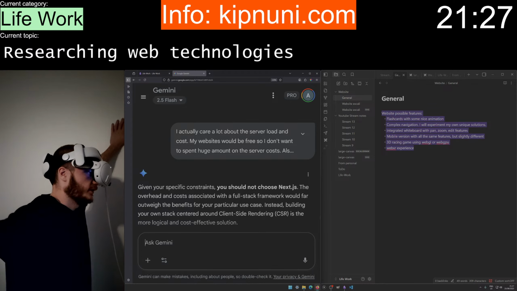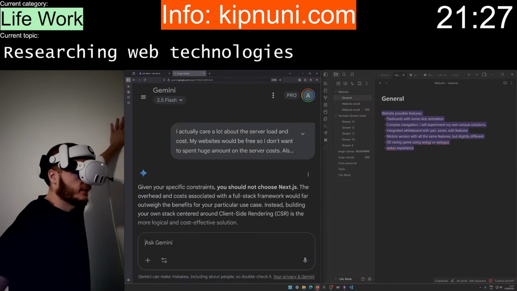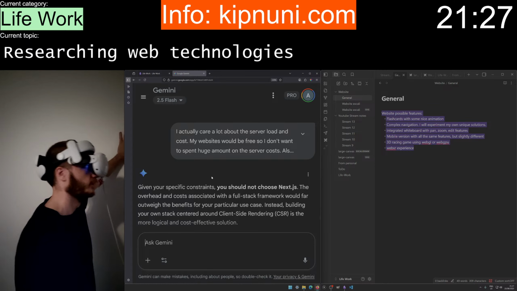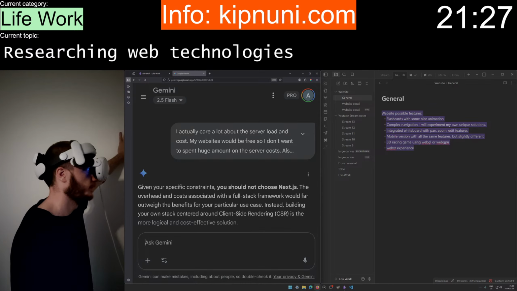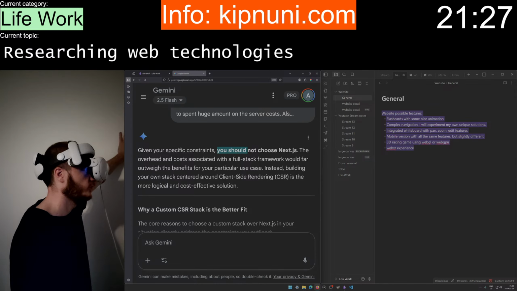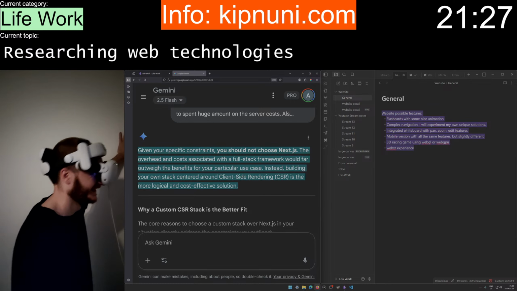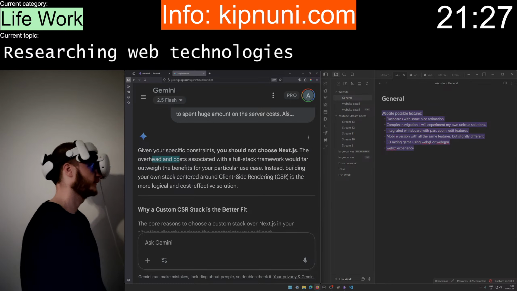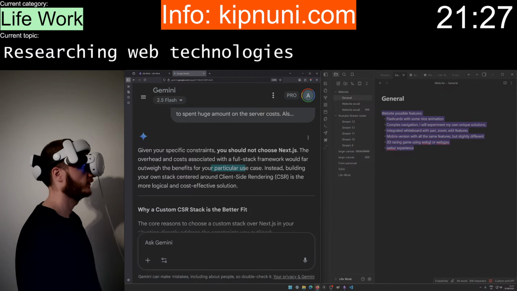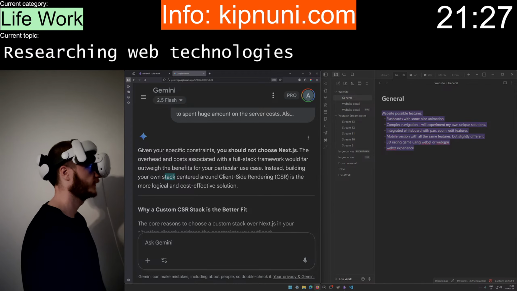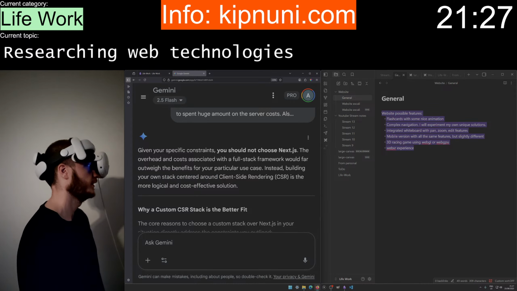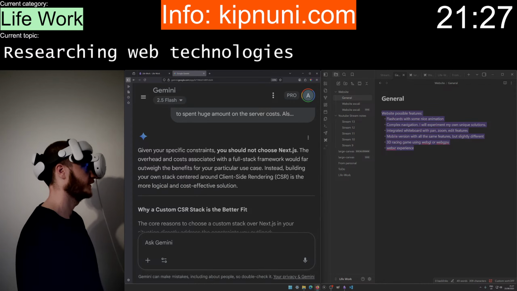These pieces of advice would be good advice for many, but maybe not me. You should not. The overhead and costs associated with a full stack framework would far outweigh the benefits for a particular use case. Instead, building your own stack centered on client-side rendering is the more logical and cost-effective solution.